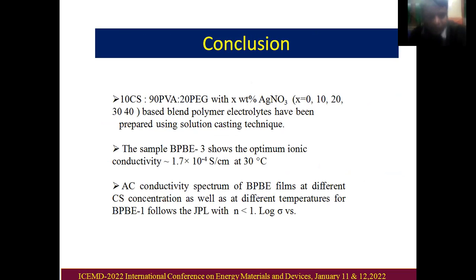Conclusion: 10 CS, 19 PVA, 20 PG with X weight percent AgNO3, where X equals 0, 10, 20, 30, 40, based blend biopolymer electrolyte has been prepared using the cost effective solution cast method. The optimum sample shows the highest ionic conductivity of 1.7 × 10^-4 Siemens per centimeter